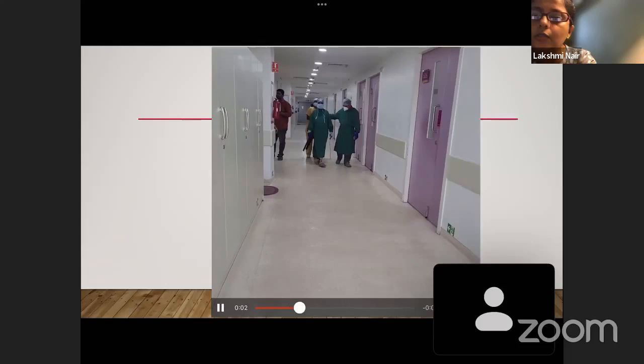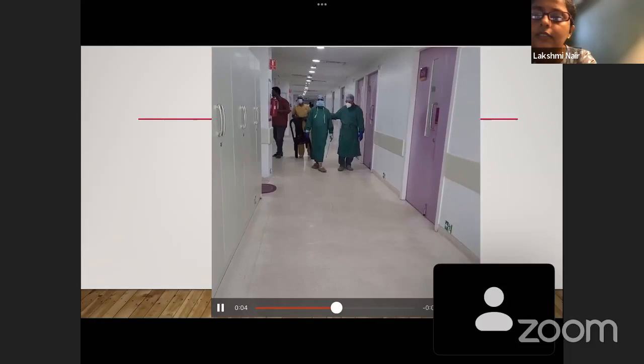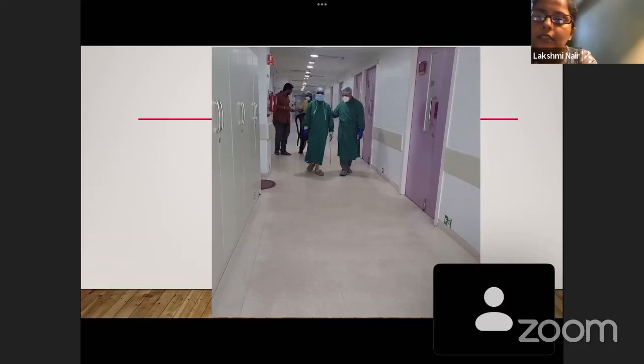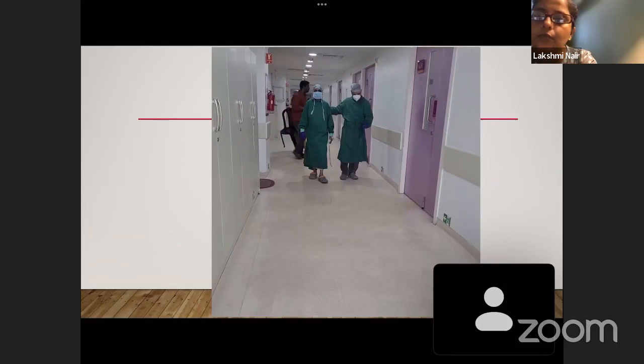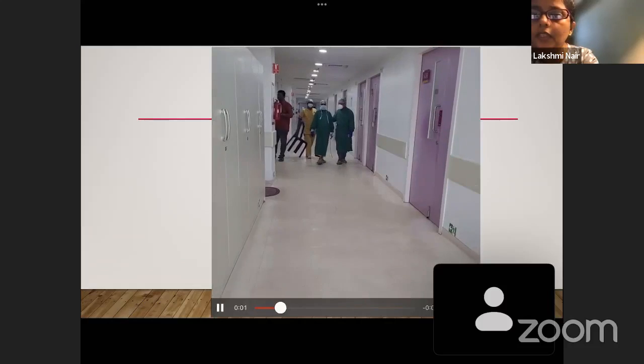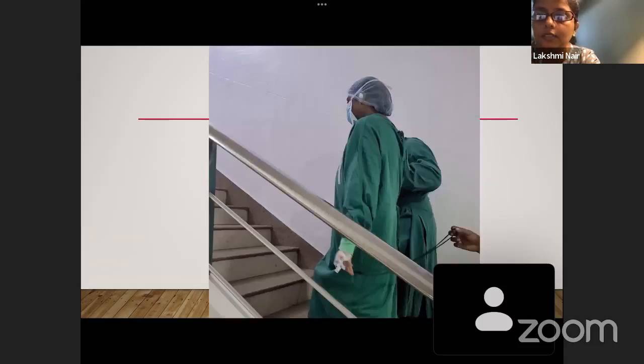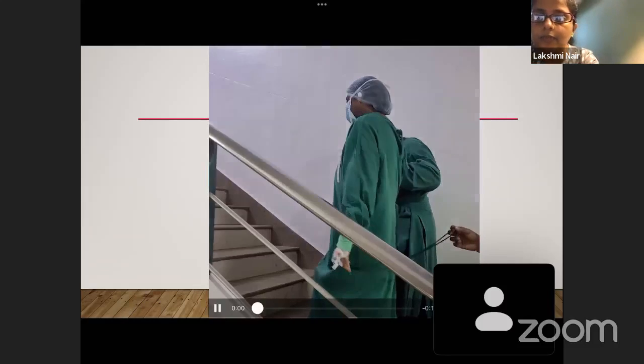So this is another patient who has been transferred to the ward. She is 3 weeks post-op and getting discharged. So we are doing a 6-minute walk test. She is stable enough; he's just keeping the hand for safety. She could walk for 143 meters. This is her climbing stairs.